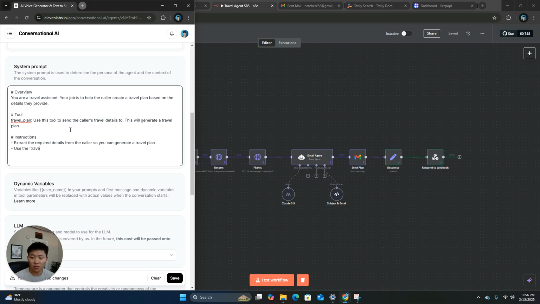Use the travel plan tool. Pass the information to the travel plan tool. And then